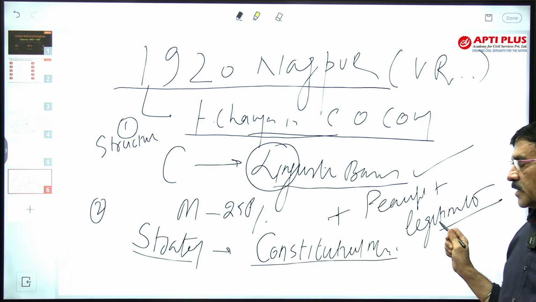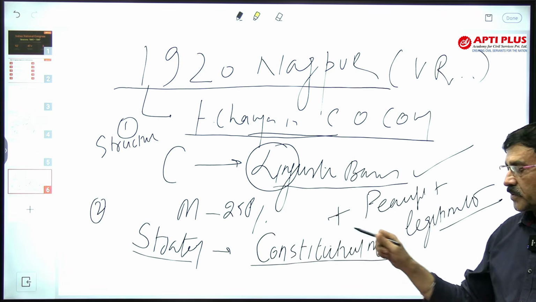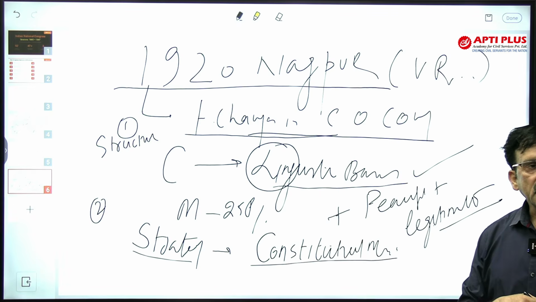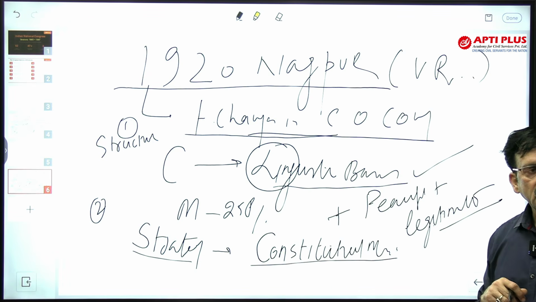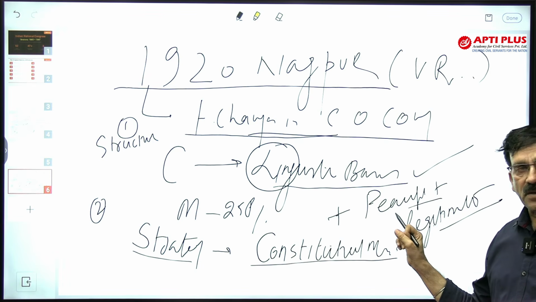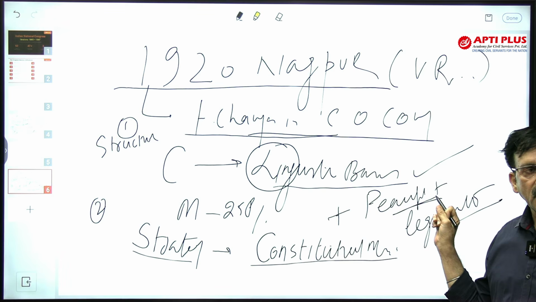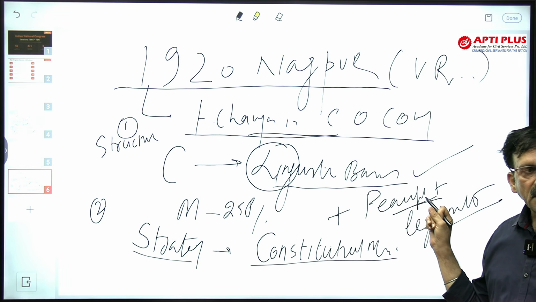This word has a more subjective meaning than this word. A thing can be legitimate to one society, not other society. Peaceful has no limitation. Whatever I can do, it will be peaceful. So see what